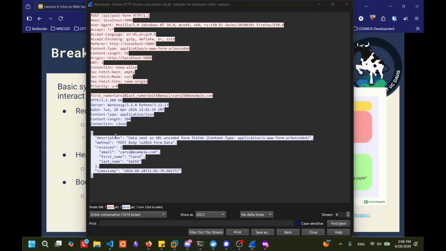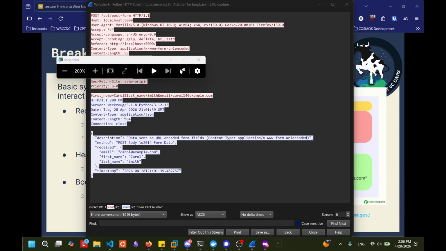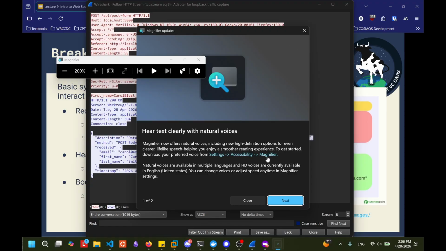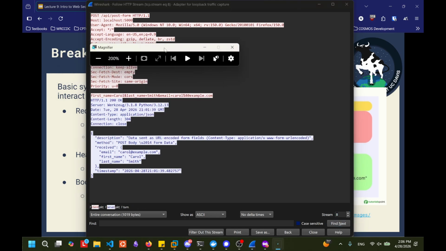Let me boot up the magnifier again. Okay, whatever. See that it has the exact same format as when you were passing it in the URL, but instead of passing it with a GET request inside the URL itself, you're just passing it as data inside a POST request. You have data, key value and key value and key value and this very funky %40 email. Anyone want to guess what %40 might be? Close. At symbol? Yes, @ symbol.